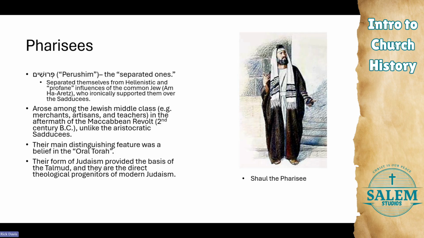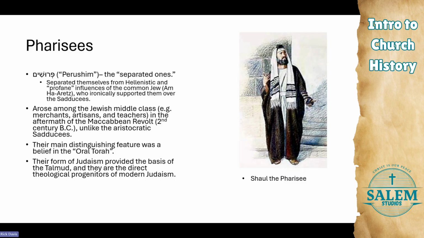the less than devout practices of the common Jews, whom they actually referred to by the same phrase that the Bible refers to the Canaanites in the Old Testament, and that is the Am Haaretz, the people of the land, which is interesting because the Pharisees were actually supported by the common Jewish masses over against the Sadducees, who were seen as religious elites. And so even though they separated themselves from the common rabble of the Jewish people, think